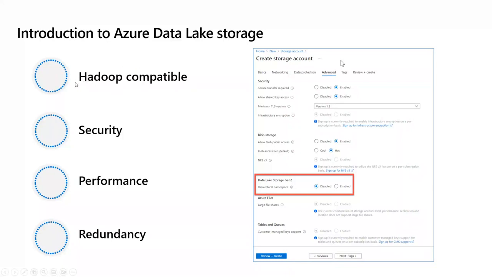And if it is Hadoop compatible, then it's great because you're going to be able to leverage what is already in place or connect to this solution. It's also going to provide security requirements, so everything is in a secure environment. It's going to be performant, because we're going to talk about the second generation, and redundant. Why redundant?